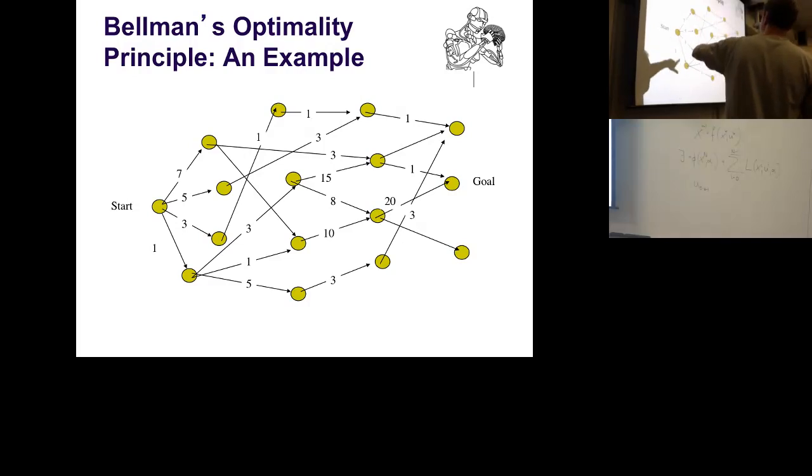So how do you do that? Well, there are stupid ways to do that. You could just randomly try to enumerate every possible path. That's really dumb to do. A better way is simply to start, for instance, at the goal, and then sweep backward and look at which states can reach the goal, and what the cost is to get there. So for instance, from here to there it's 1, from here to there it's 20.